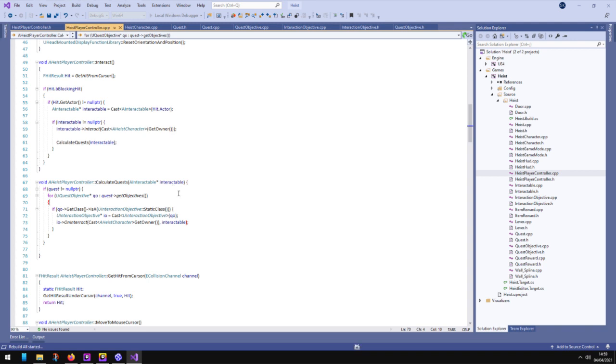Right, now I'll explain it. So what this is doing is every time the player right clicks on something that's an interactable, it gets the quest, and iterates over all of its objectives. If it's an interaction objective, it casts it to that and then performs the onInteract method, passing in the owner as the character and the thing we've just right clicked on as the interactable. That's all this is doing,